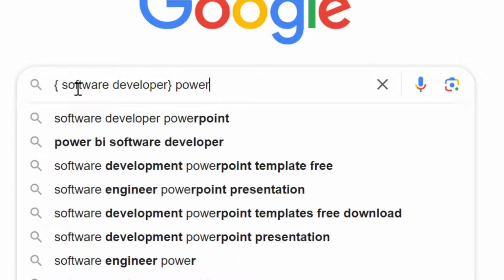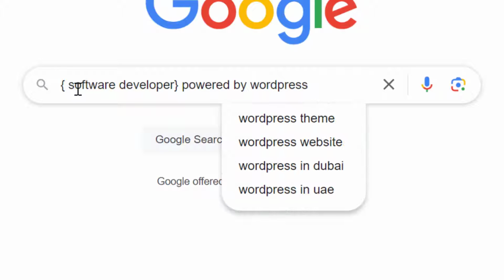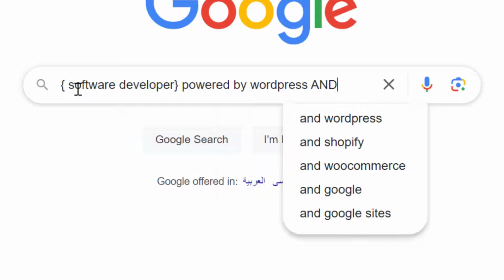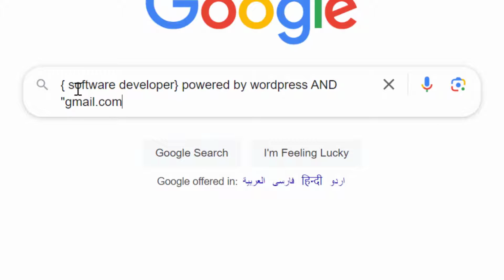And don't forget to mention powered by WordPress, because most of the websites are powered by WordPress. And enter, followed by the email client. Let's say in most of the cases it's Gmail, so include gmail.com with inverted commas like this, and